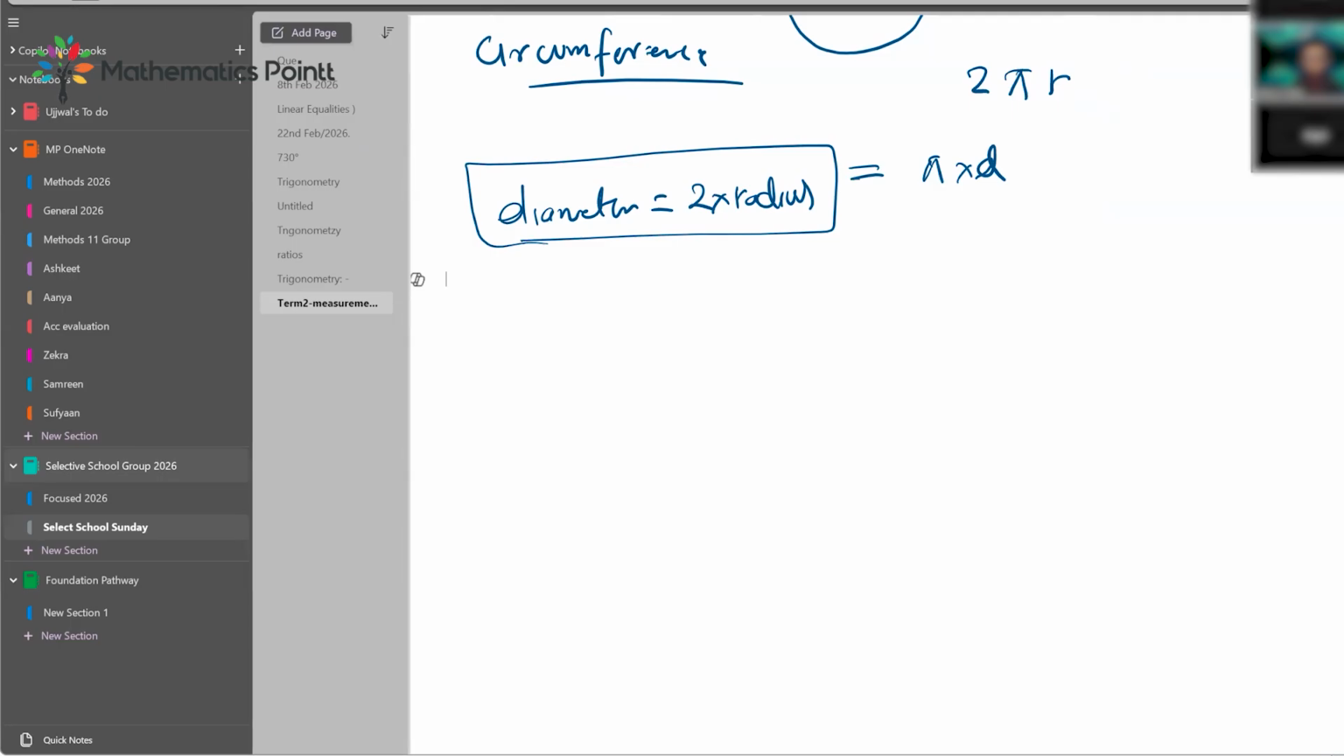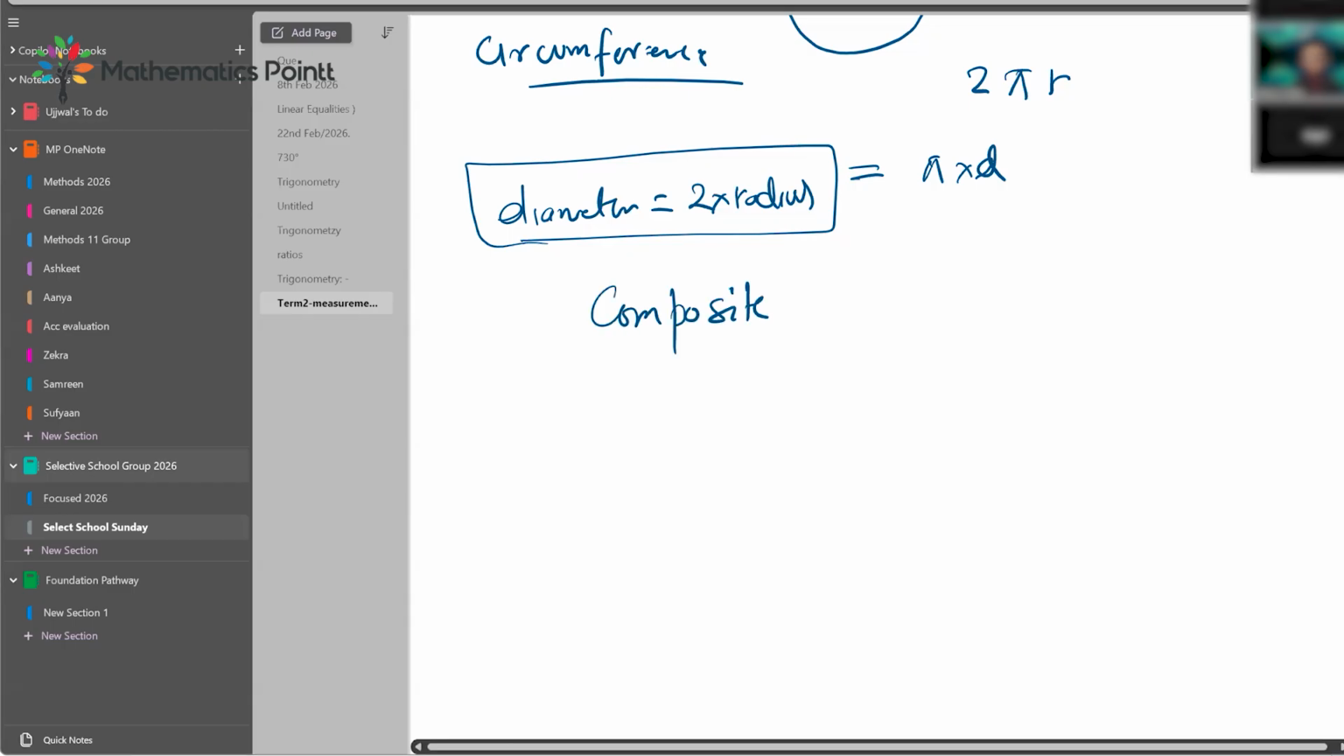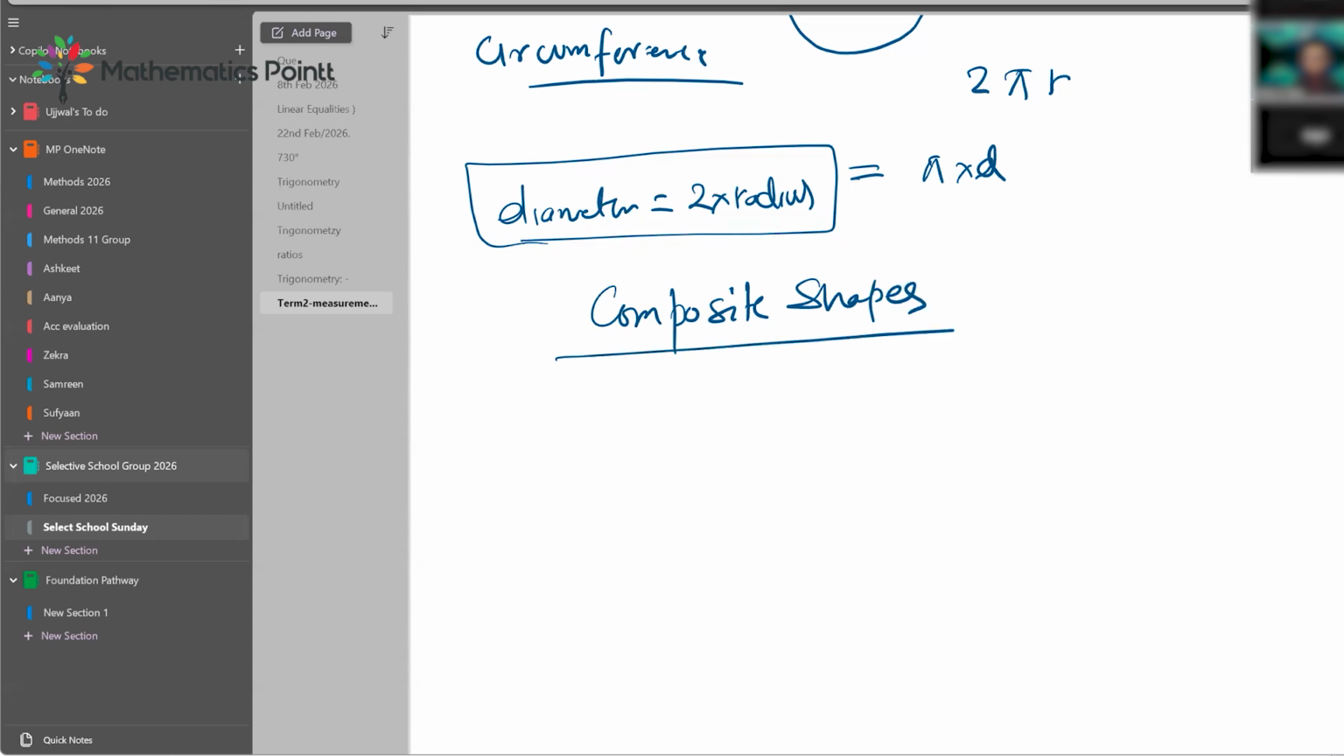Now, before we really deep dive into doing some questions, I would like to talk about something called composite shapes. What is a composite shape? A composite shape is exactly when you join two shapes together. Good job. So when different shapes come together, not just two,